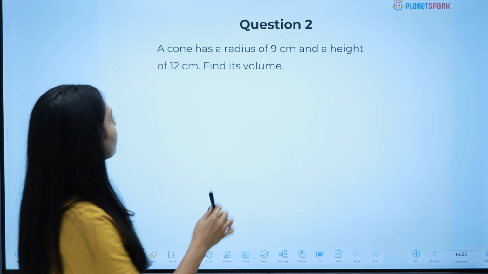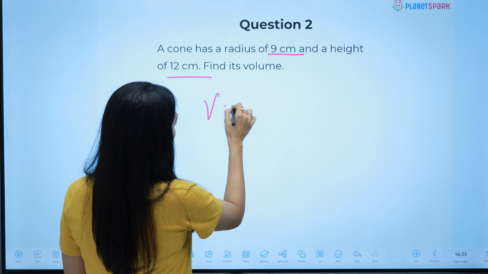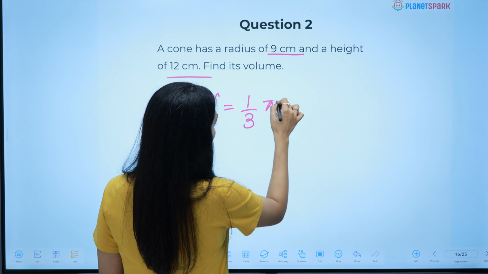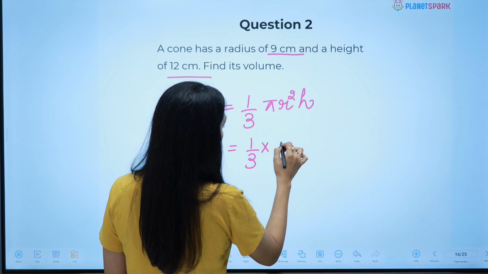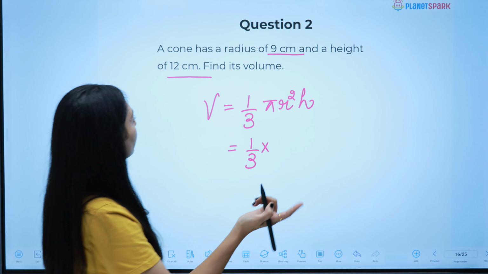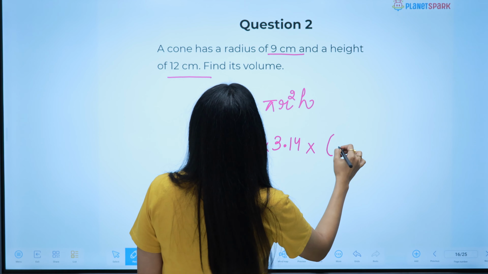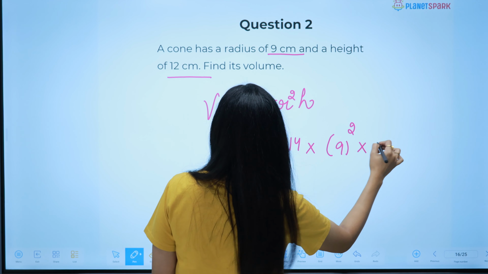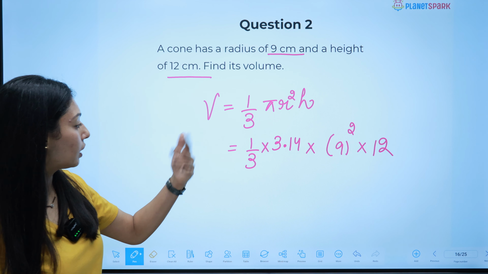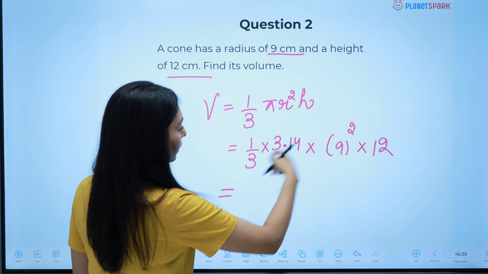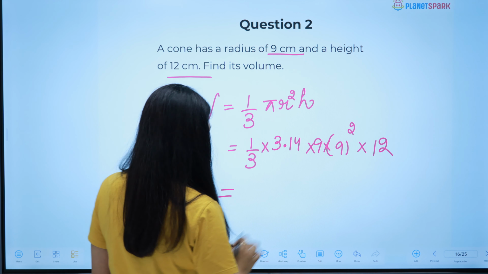A cone has a radius of 9 centimeter and height 12 centimeter. Find its volume. Again, same thing. Volume is 1 by 3 pi r square h. Put everything in the formula. 1 by 3 into 7 ka multiple we can't see there, right? So let's use 3.14. That is also fine. Into radius square. So that is 9 square into height, which is 12. Put everything into the formula. Okay, done with that. Now you can cancel out with the common factors there. So 3 and 9 you can cancel out. So we can write it 9 into 9. Let's say,